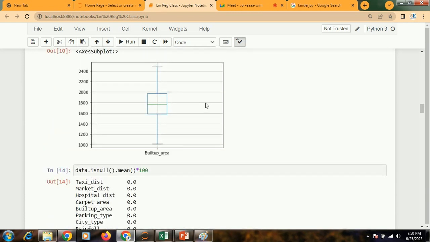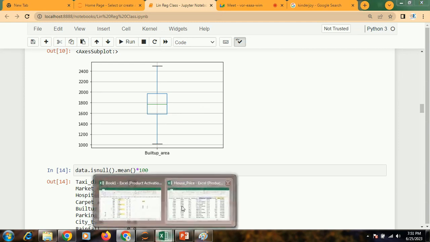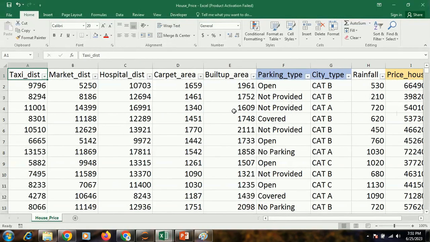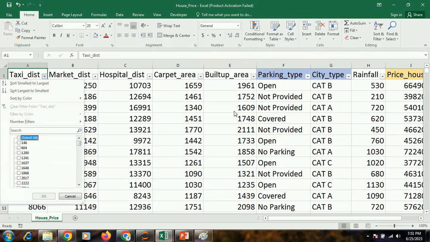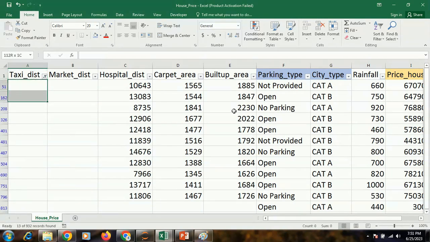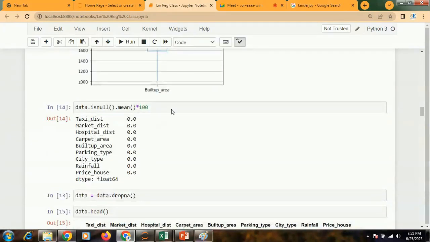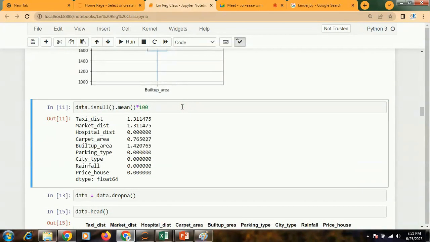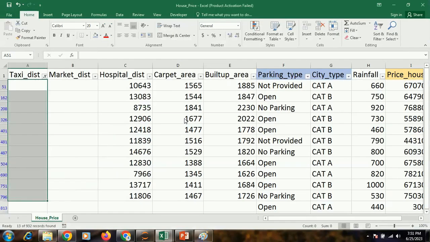And now we are going to check if I have any missing values. Missing value means over here, can you see if there are any blanks? Yes, we can see there are blank spaces. These are called missing values. These are not at all desirable. So we can check if I have any missing values. It's going to show you in percentage. In taxi distance about 1.3% of rows are missing. Out of every 100 rows, 1.3 rows are missing.